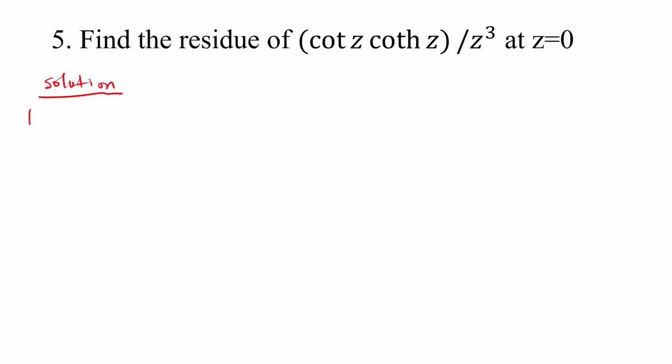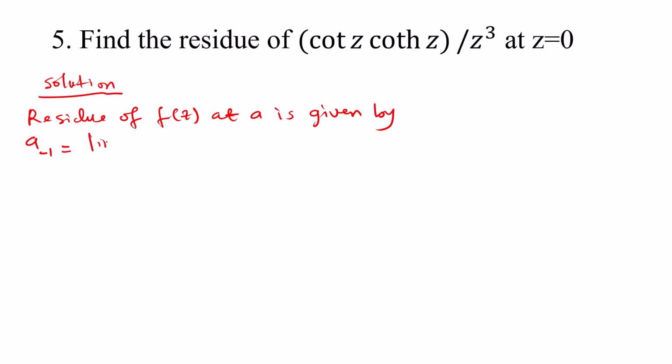Residue of f of z, you know that the residue of f of z at a is given by a minus 1, which is equal to the limit as z tends to a of